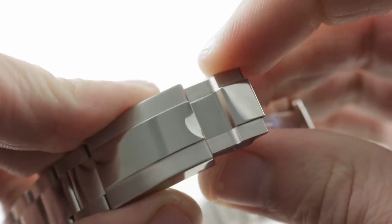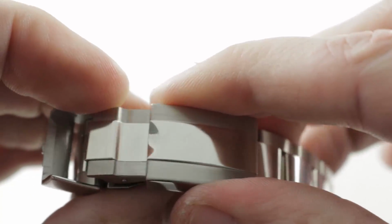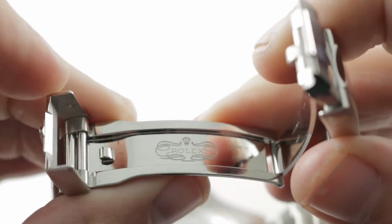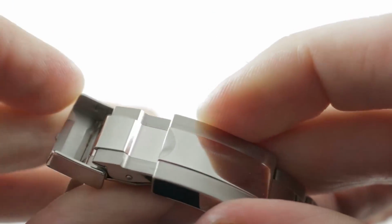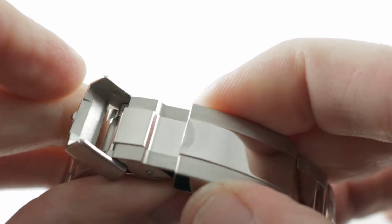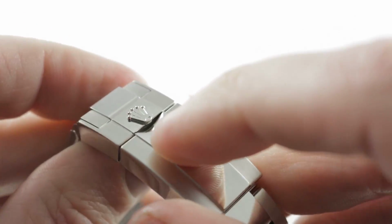The clasp is a hand stamped piece. It is a true Rolex Oyster sports clasp. So not only does it have the polished straight through, not only does it have internal polished components, but there's a beak and a hook system internally. So it has one locking system. You actually can't pull it open even with the clamshell up, but then you lock it and you're shut tight with the clamshell down. There's a little recess under the crown that makes it easy to dig in your nail